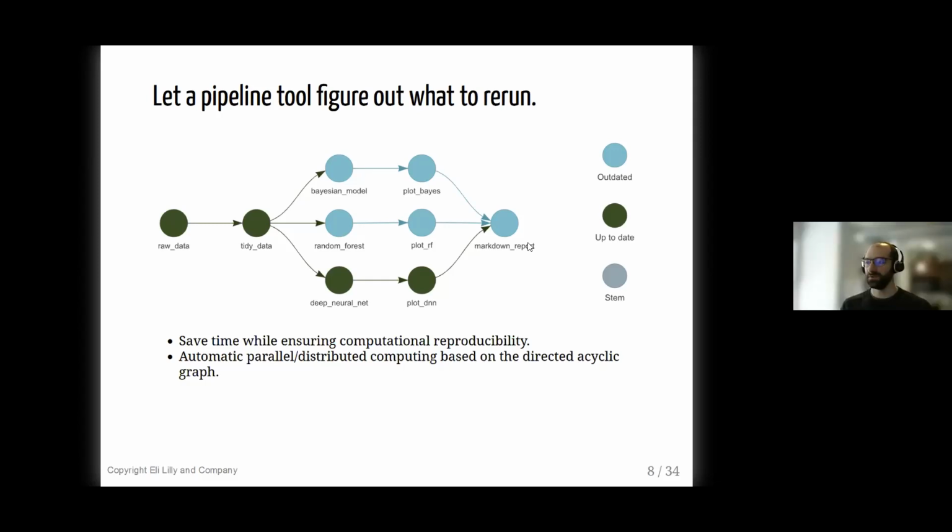Thanks. Yeah, and it's powered by, as Russell said in the chat, these intermediate results. Each of these intermediate results is actually stored as a file in the data store and recorded and hashed, and those hashes are stored in the metadata, and that's part of how targets knows what to run and what to skip. Having these intermediate results lets you load them and inspect them independently. And it ensures that even if you close down R, you'll still have the intermediate results, and you can build on a pipeline that way.